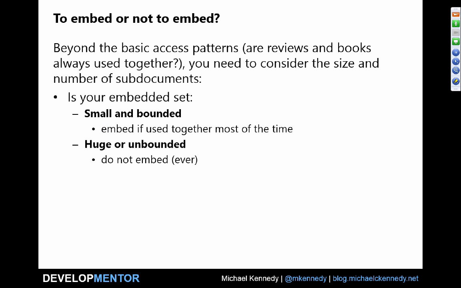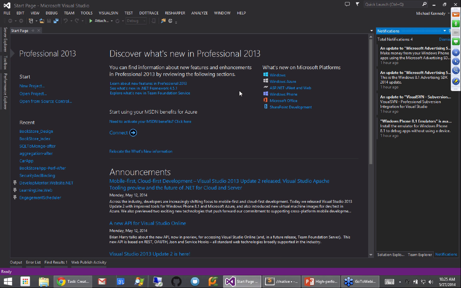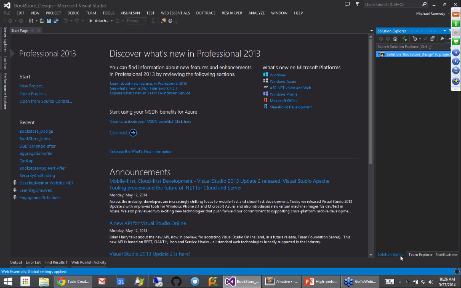Before we think more about this, let's go over to Visual Studio here. Now, what I'm going to show you in terms of samples, I'll do this in C#. I know a lot of you do C#, and it's a popular language for accessing MongoDB. But everything you're going to see could just as well be done in Python or Ruby or Node.js. The document design stuff and all the other techniques really don't have anything to do with C#, but that's the one we'll use.